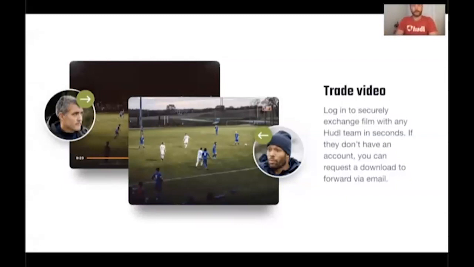That's it for the first portion of this. I'm going to jump in now to the platform and give you a demo of the 4 key components that I think you should be looking to do in order to take advantage of this time, which is to add your team, to upload video, to review the video, and then to share the video. And yeah, we'll jump over to there now.